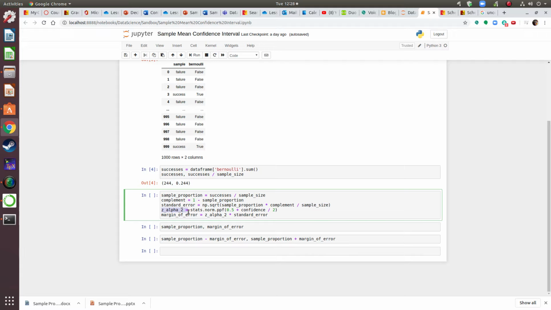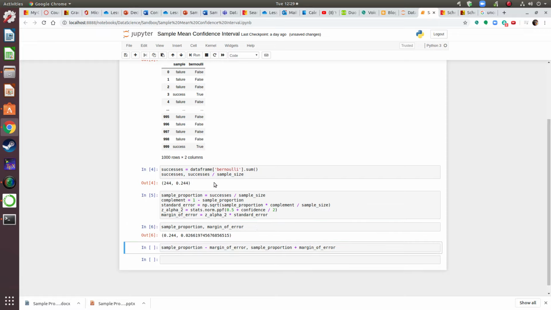I need my Z alpha since this is a large sample, so I take stats.norm.ppf of 0.5 plus confidence divided by 2, and then my margin of error is my Z times my standard error of the mean. Okay, now I want to know what my sample proportion and my error are. So this should be, right, 0.244 just as it was before. My margin of error is working out to